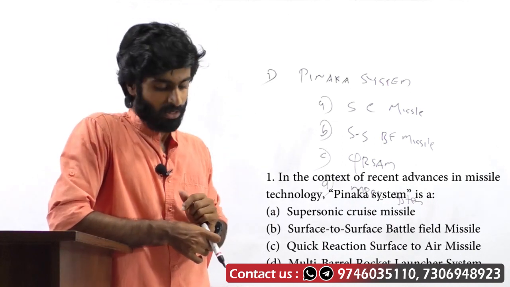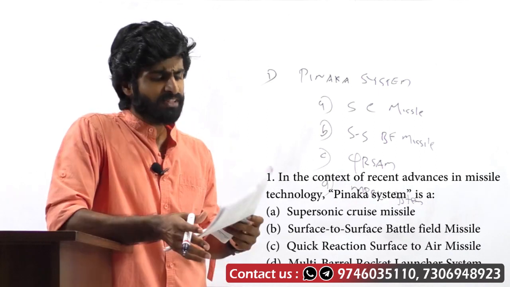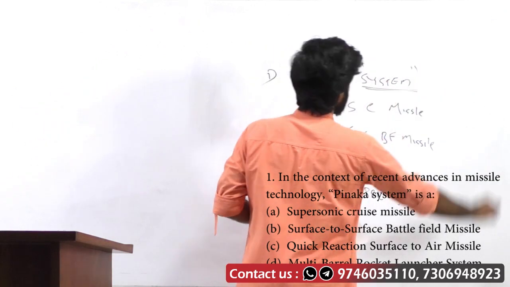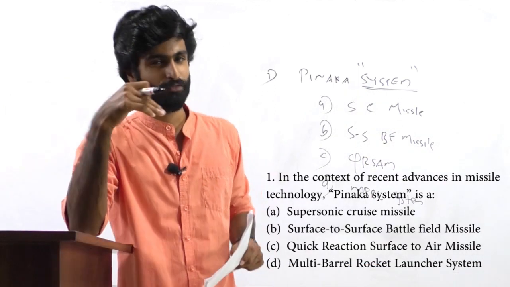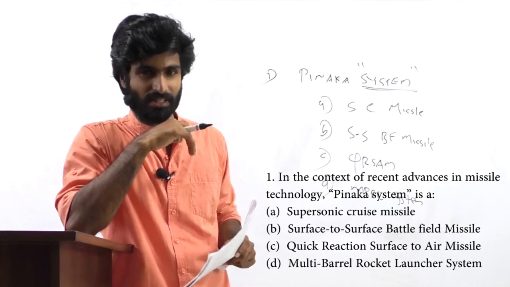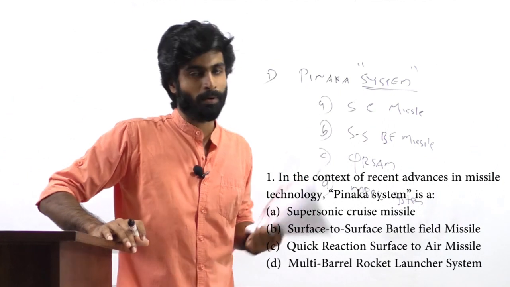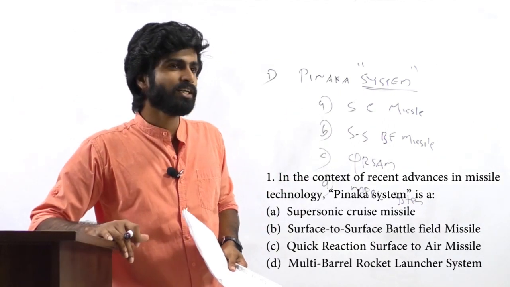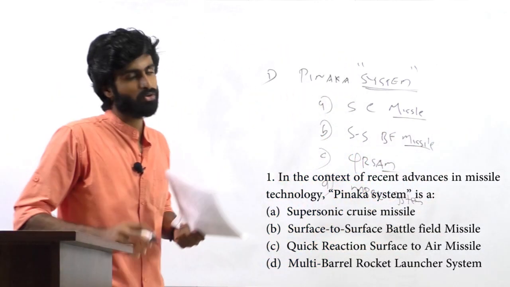So let us look for loopholes in this question. The first thing I noticed is the word system. What is a system? A system is a composition of different units which are interrelated to each other. For example, our body is a biological system made up of the respiratory system, the digestive system and so on. So a single missile cannot be called a true system, because it's a single unit.